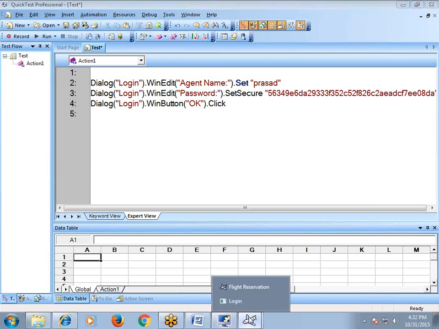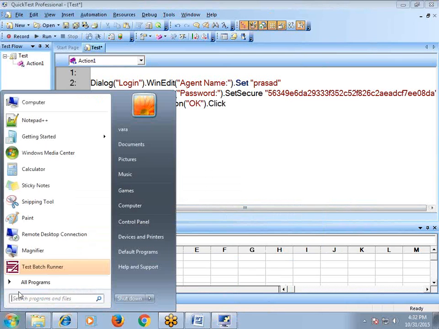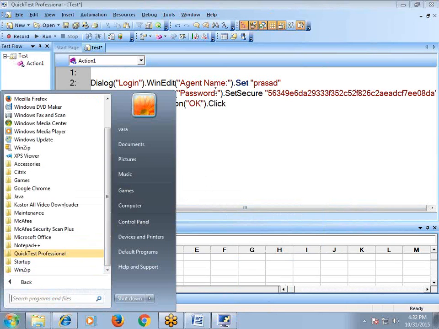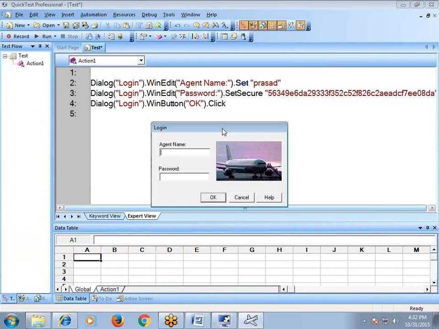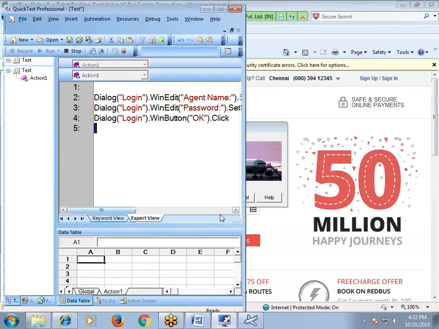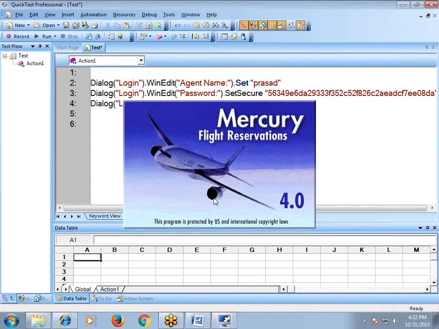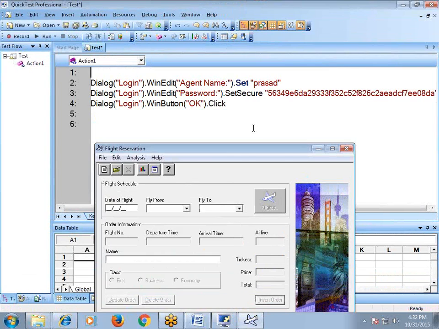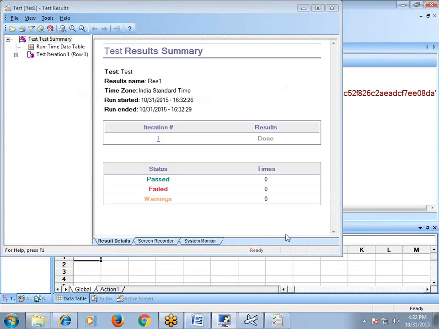Okay, let us see this. Let me rerun this script. Let me close all these pop-up windows. I have to open the login dialog box, only then these statements will be executed. I have launched the login dialog box. Now I'm running this script. Click the run button. See, it enters the agent name Prasad, then it enters this password